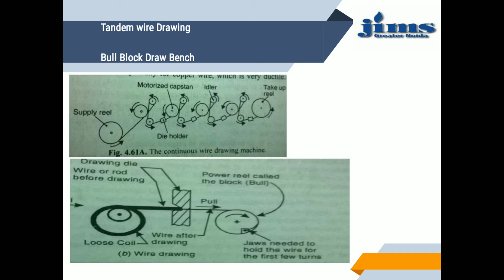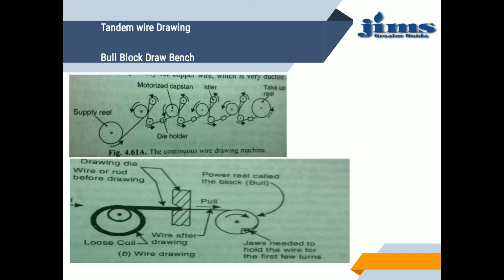It depends upon the diameter that we want to obtain. So the reel is rotated at the desired rate to draw the wire through the die. To reduce a large diameter into a very thin wire, the operation is performed in a number of passes. The contact region of the die is made of tungsten carbide or diamond.